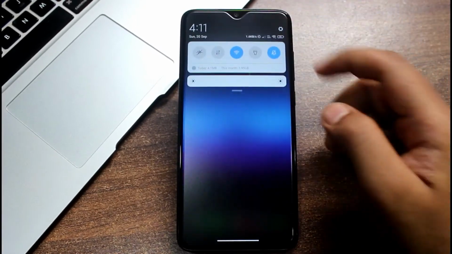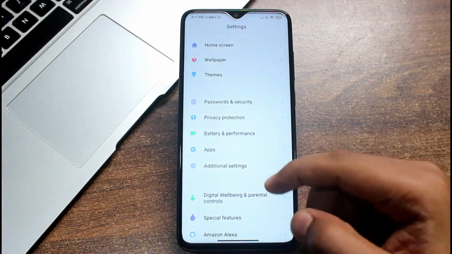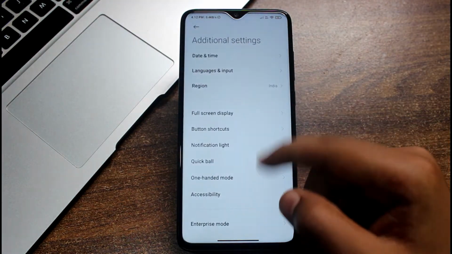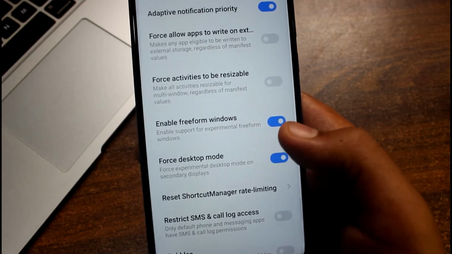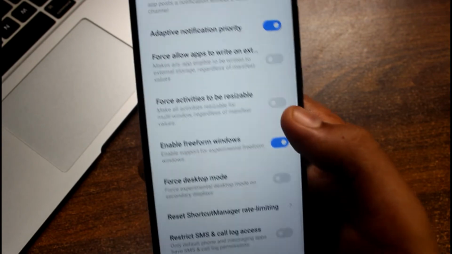Again, go to your settings, then go to your developer options. If you scroll down below, you will find this option called force activities to be resizable, and make sure you enable this option and then enable freeform windows as well.